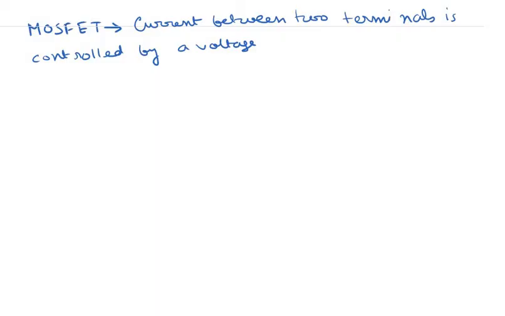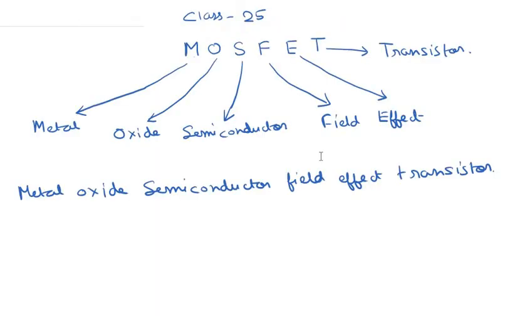Okay, now what is the significance of this name? This is a transistor, and then there is this field effect. This field effect means that the effect of an electric field is required for the transistor to function. The main controlling agent is the electric field. And metal, oxide and semiconductor denote the three main layers used to fabricate this kind of transistor. So there is metal, there is oxide, and there is semiconductor. Okay, so let us see the structure of this transistor.